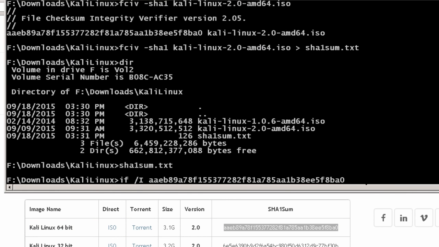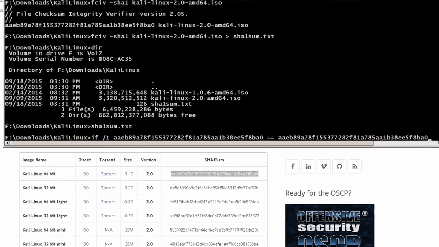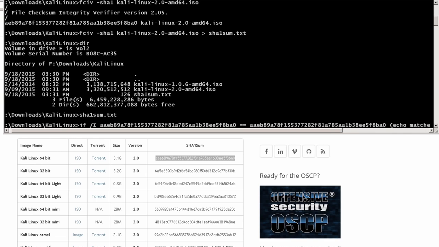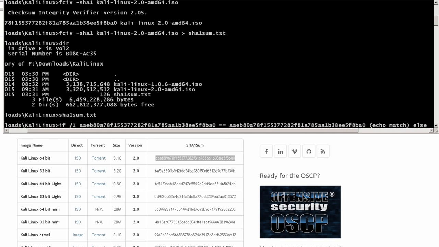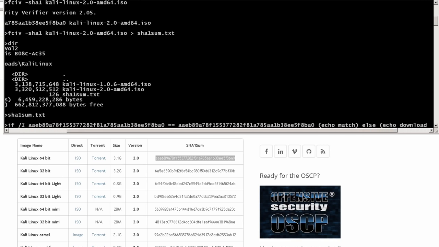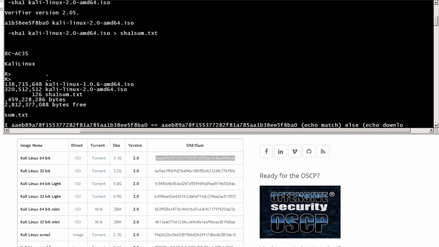Here goes my DOS prompt, and then two equal signs, equal, equal. Hit a space, paste, and this is a string comparison. What you're going to do is put in an opening parenthesis, echo, match, they match, else, echo, download again, or whatever you want to put in here. Try, download again,